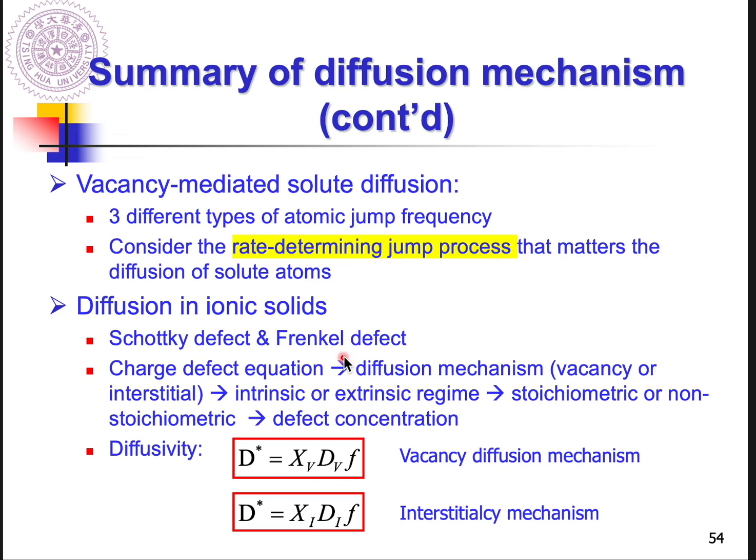But if it's a Frenkel defect, it includes 1 vacancy and 1 interstitial. Right? When you want to describe the self-diffusivity for interstitials, you use Xi Di times F. But if you want to explain the self-diffusivity for the other, the vacancy one, then you need to use this idea, which describes the other vacancy. The other ions diffuse through exchange with the vacancy, right? Okay, so today we ended the